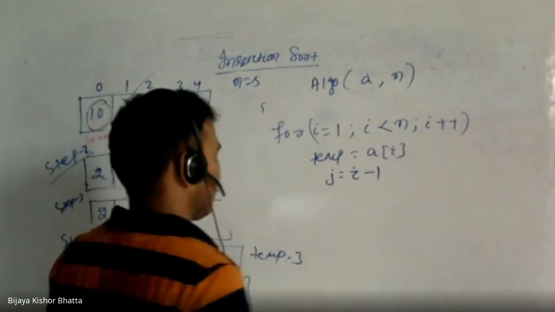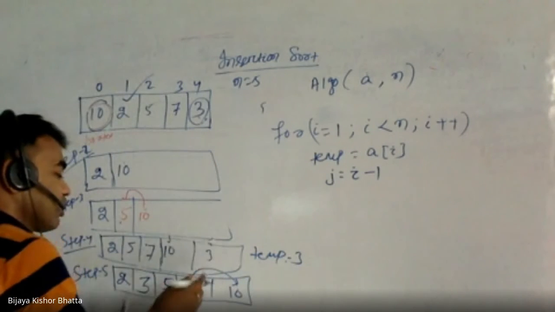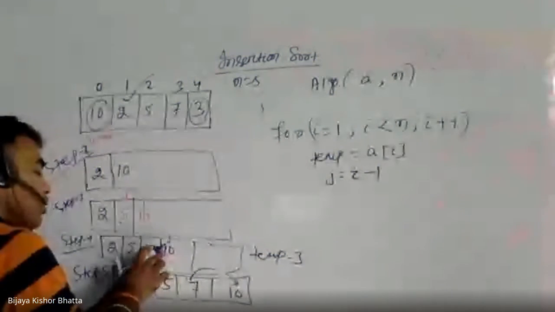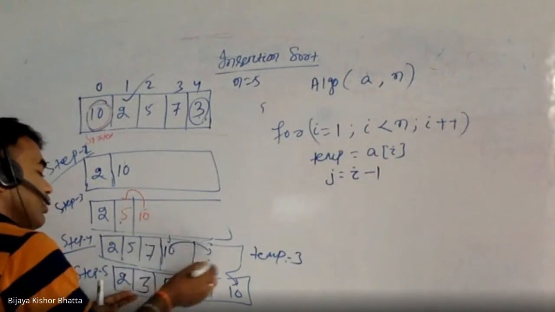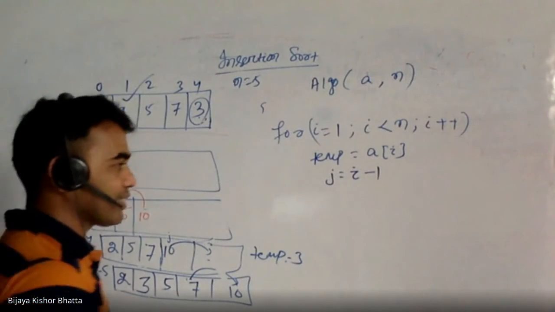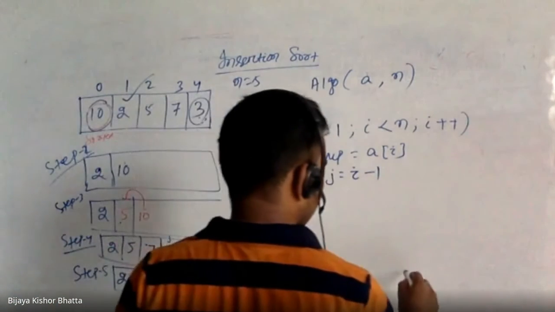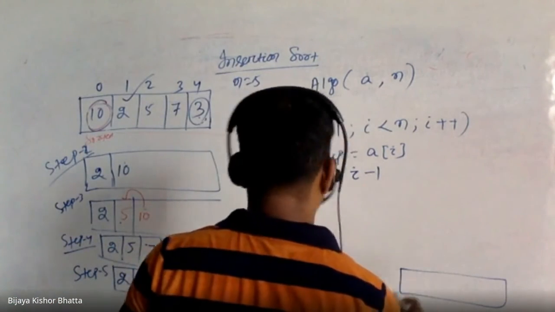So what you will do is keep on shifting. Suppose you are trying to insert 3, you'll keep on shifting these things until you see a smaller number. Like I told you,